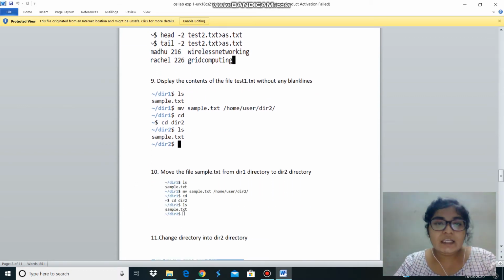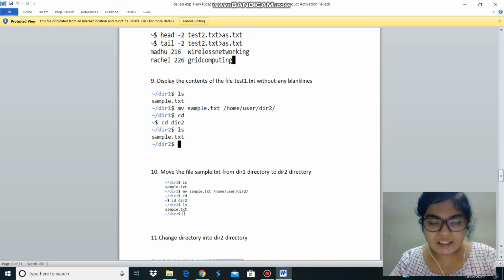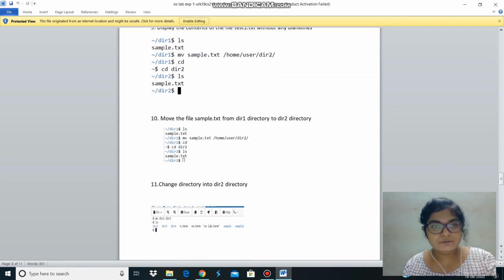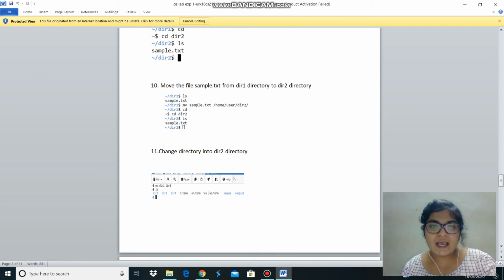The ninth one, display the contents of the file text1.txt without any blank lines. We'll take the contents we have to write, and then we'll display them using cat to check whether there are blank lines or not. The 10th one, move the file sample.txt from dir1 directory to dir2 directory.